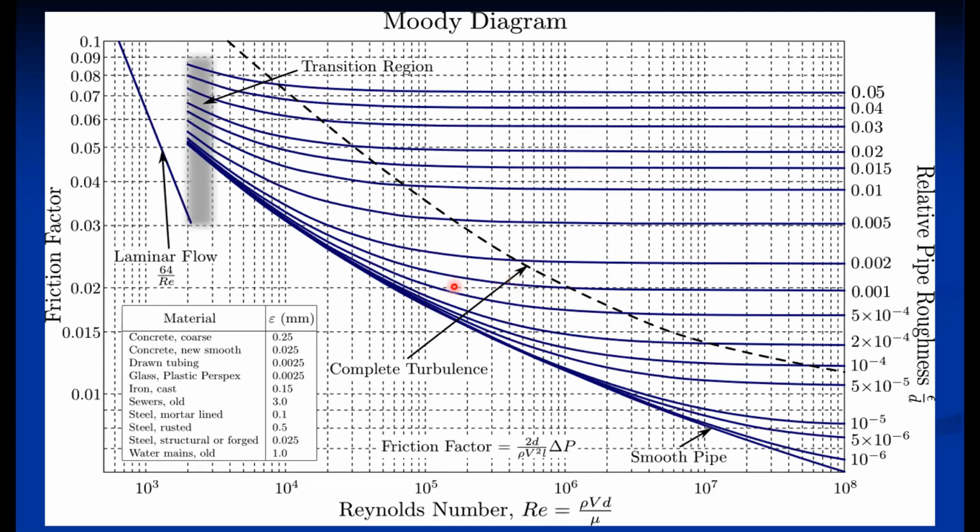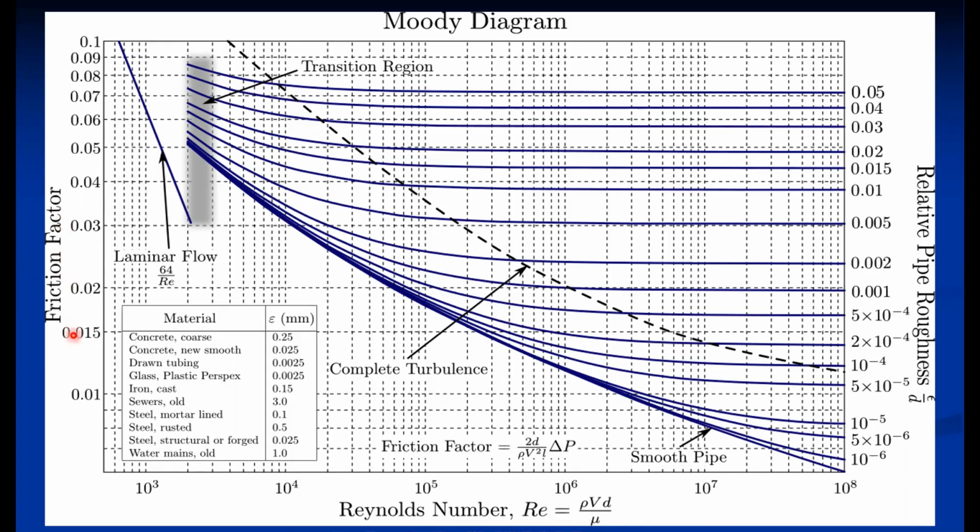This chart is also called a non-dimensional chart because on the y-axis we have a friction factor which has no dimension, and on the x-axis we have a Reynolds number, which is given by the inertia force upon viscous force. The detail about the Reynolds number we will discuss in the next unit, that is dimension analysis. So this is a dimensionless number, but it gives the relation between the inertia force and viscous force. So this is a non-dimensional curve. That's why it can be applicable for any dimension of the piping.